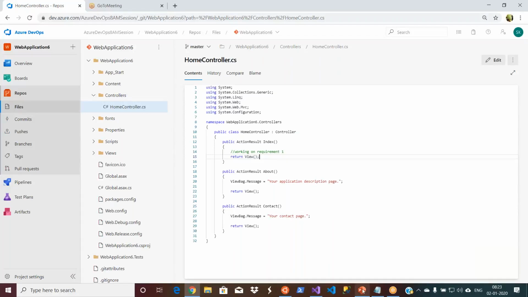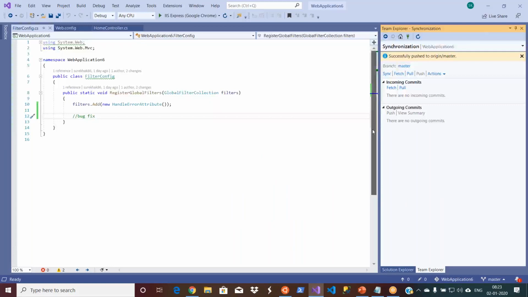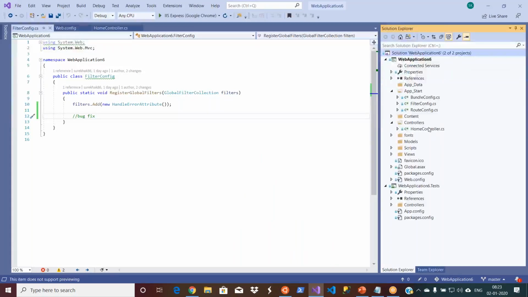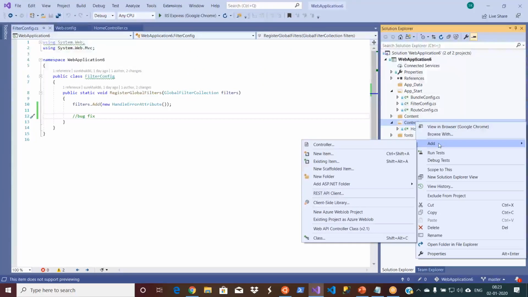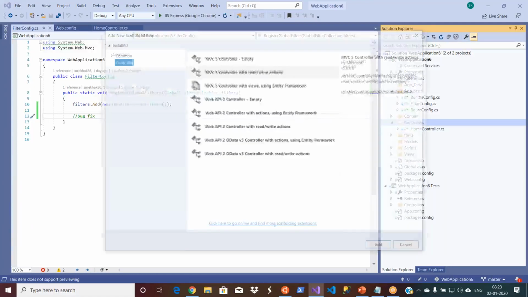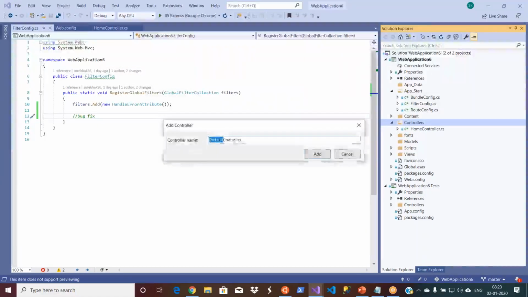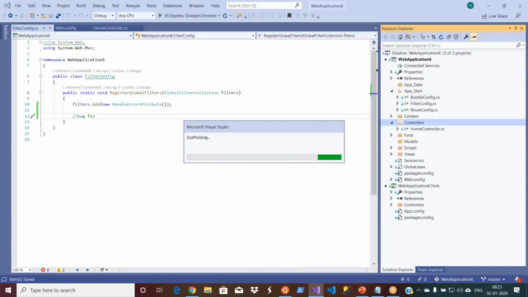Now let's go and do some more stuff in the same way. Let's go to Solution Explorer. Now what I'm going to do, I'm going to add a new file. Now we'll work on the stash command actually. Okay, let's go and add a new controller. Just give anything actually. I'm not writing any code, so it's a default code. I'm just giving the name as default controller. Let's leave it.